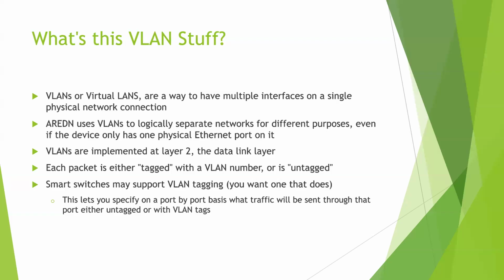Okay. VLANs happen at layer 2, so switches can understand VLANs and do things with them. Some switches are too dumb to do that. They don't know anything, right? Packets are packets. They don't care. Smart switches may support VLAN tagging and allow you to assign specific ports to specific VLANs, and even say, if I have untagged traffic, tag it with this before it goes anywhere. Okay. So I can actually tell the switch, oh, if you see an untagged packet come in, put this tag on it, and then it will be that tag as it goes through the network.